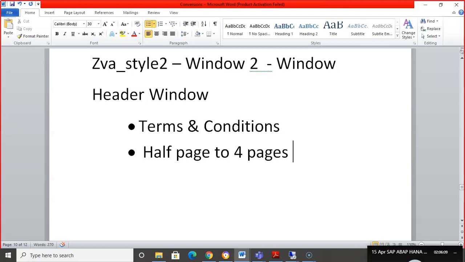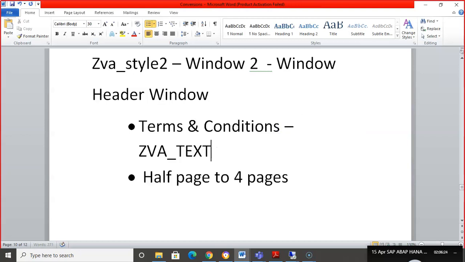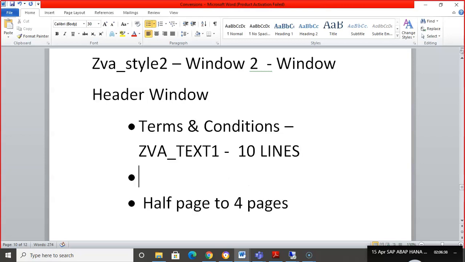So what we normally do is we'll make it a standard text, which we can just add, and whatever you have typed and maintained in the text will come here. I'll give some name to the text, say something like ZVA text 1, and I'm going to maintain some text here of some 10 lines. Whatever we have added in these 10 lines can be called into our smart form any number of times, in any number of smart forms, in the same server. So we'll go ahead and implement a standard text which we can use in multiple smart forms. Let's do that.